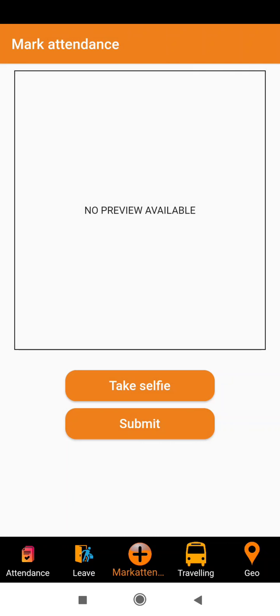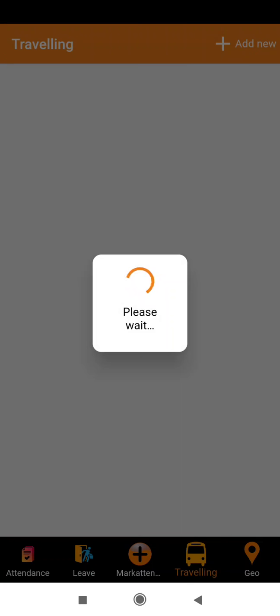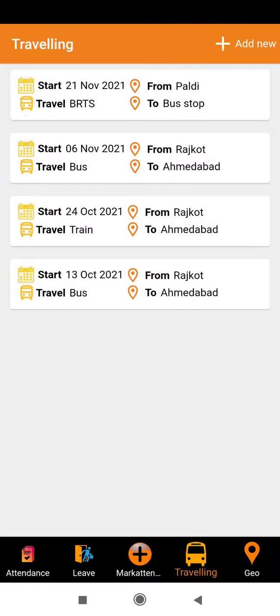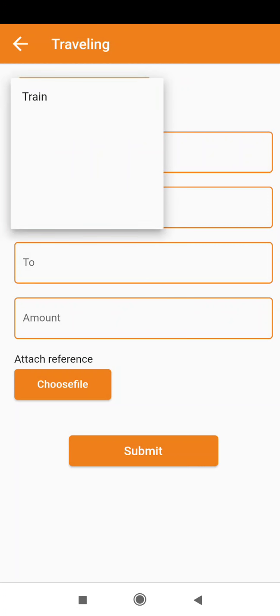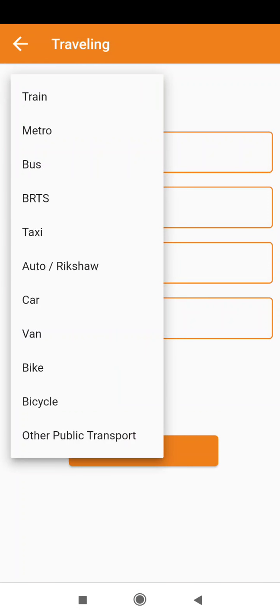Now I am showing you the traveling allowance. Here is the traveling allowance. I am adding a new one. You can travel by car, van, bike, bicycle, other transport, auto rickshaw, bus, metro, or train.